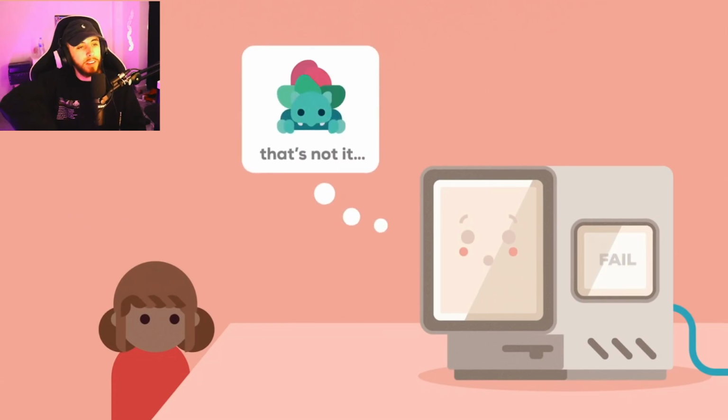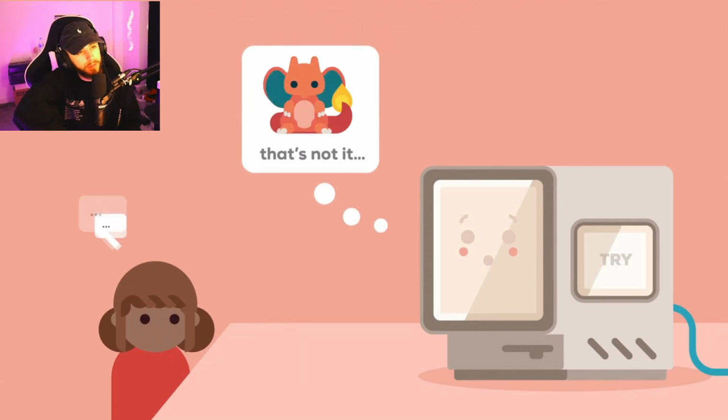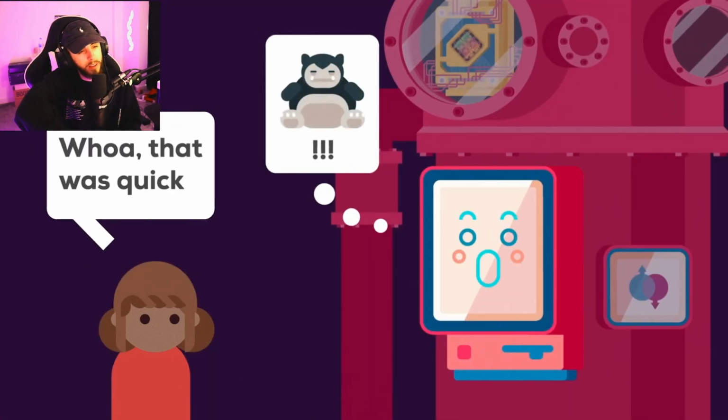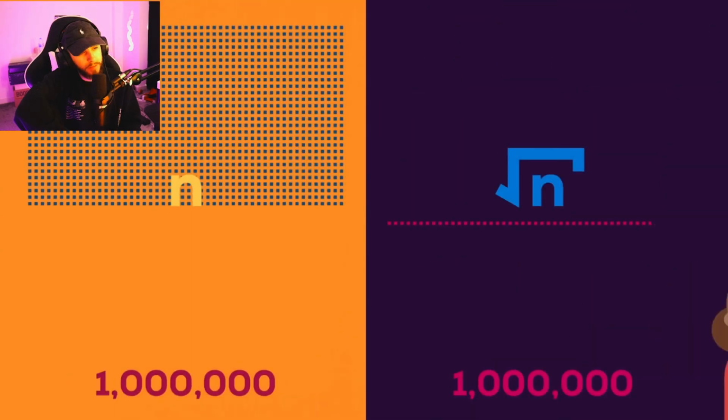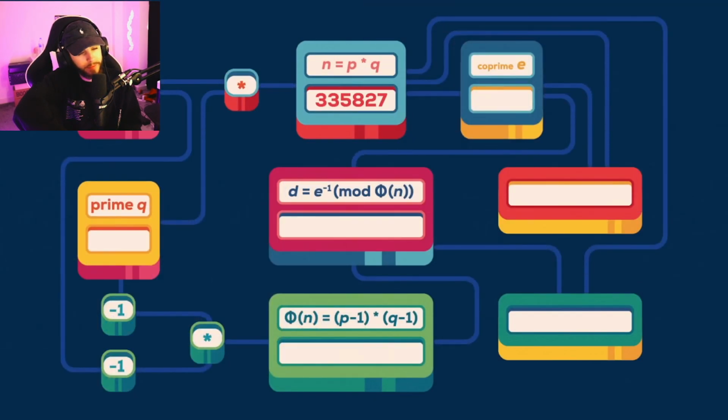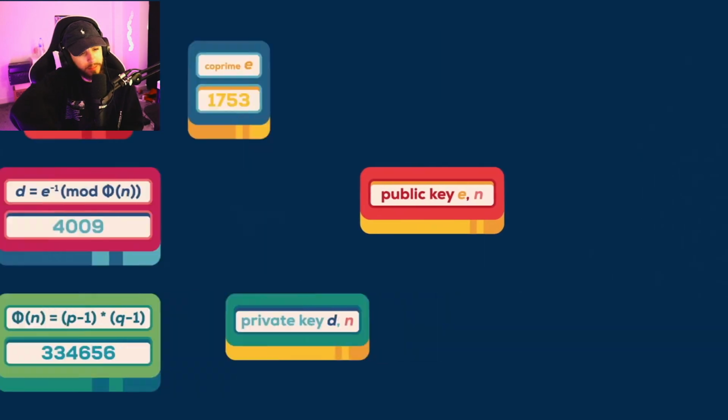To find something in a database, a normal computer may have to test every single one of its entries. Right. Quantum algorithms need only the square root of that time, which for large databases is a huge difference. The most famous use of quantum computers is ruining IT security. Right now, your browsing, email, and banking data